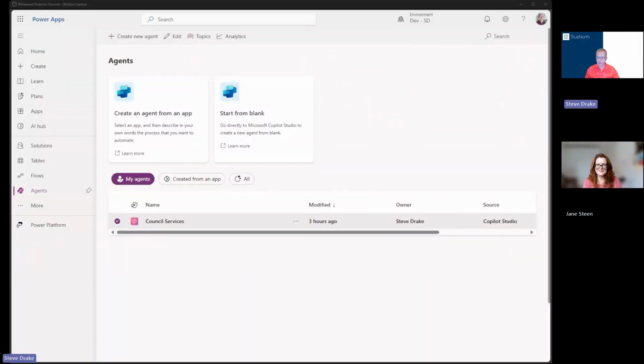Just wondering if you're interested in seeing a demo of something pretty exciting we've been working on. Oh yeah, definitely. So we've been working on, because obviously it's a buzzword at the moment,